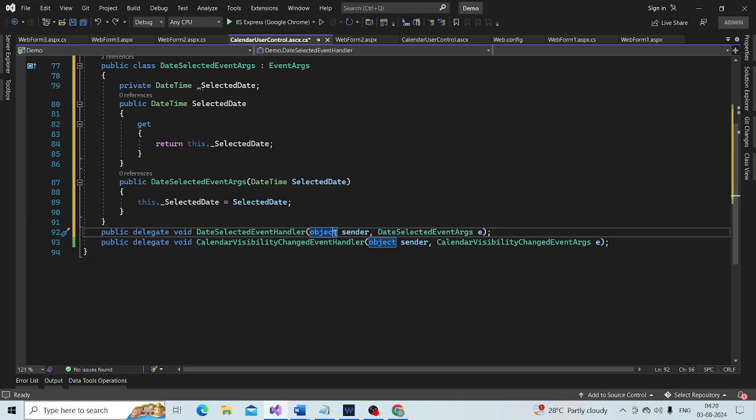For example, let's say on our web form I have calendar user control 1, calendar user control 2, etc. Now if I want to know for any reason which instance of this calendar user control raised the event, I use this object sender within the event handler method.